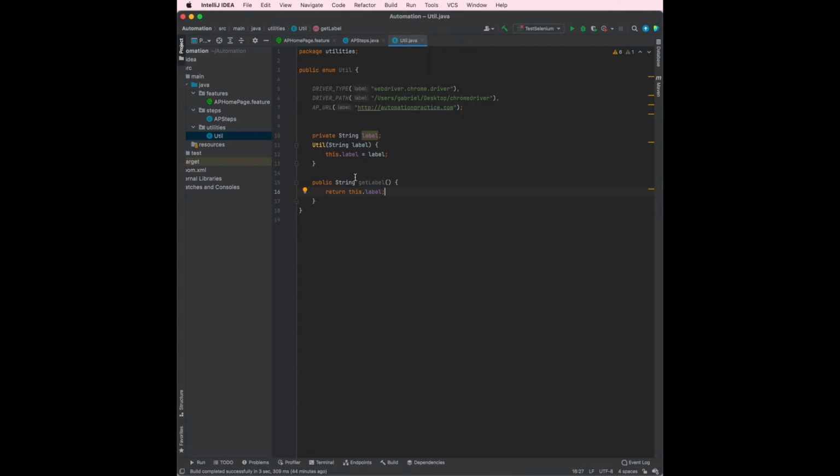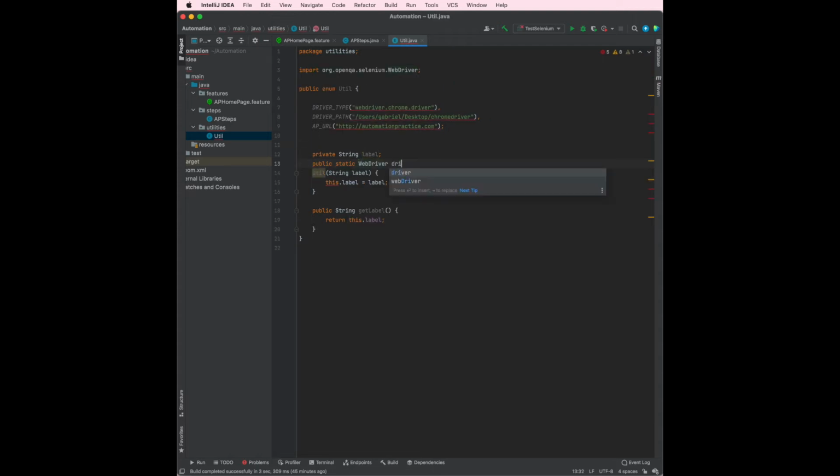Okay, so now that that's created, let's actually create our WebDriver. For this one, it's going to be public and static, so that way we can use it within any package, and we don't have to create a new instance of the Chrome driver. So public static WebDriver driver,